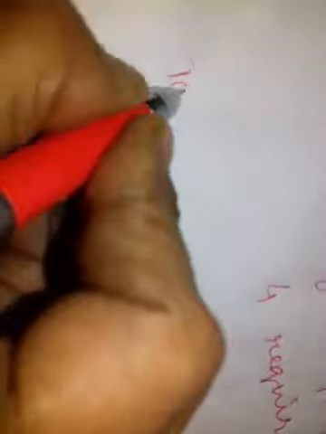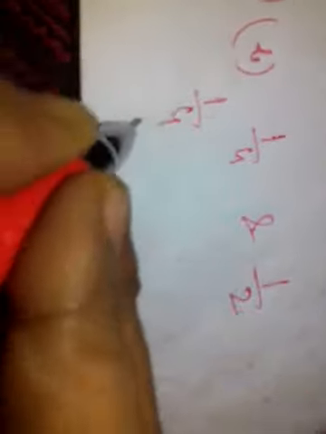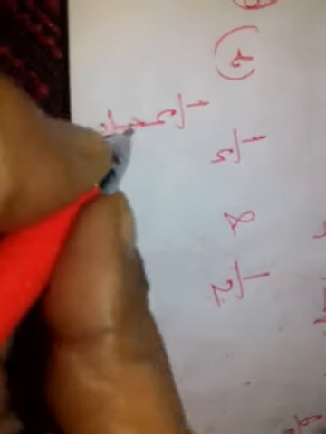Now sum number 10. Write 5 rational numbers between the two rational numbers given below. I am showing sum number B, 10B. 1 by 4 and 1 by 2. I have to write 5 rational numbers between 1 by 4 and 1 by 2. We have to make equal denominators. 1 by 4 and 1 by 2. So, to make equal denominators, we multiply this by 2, this by 4.